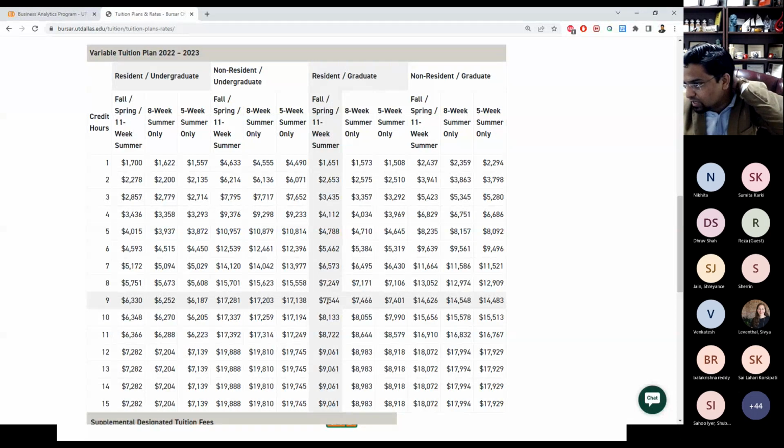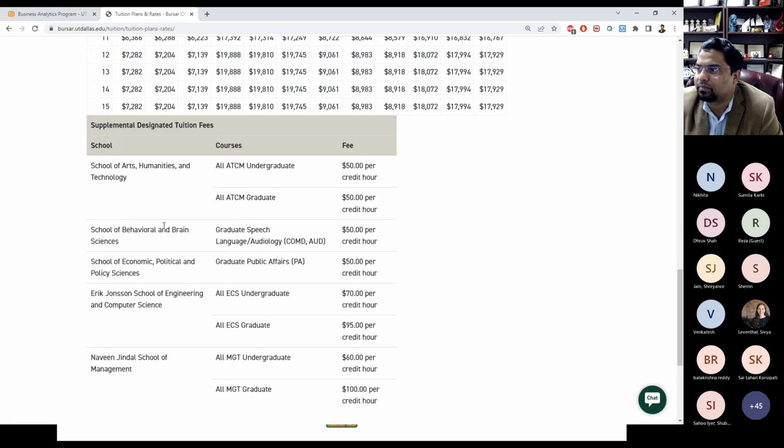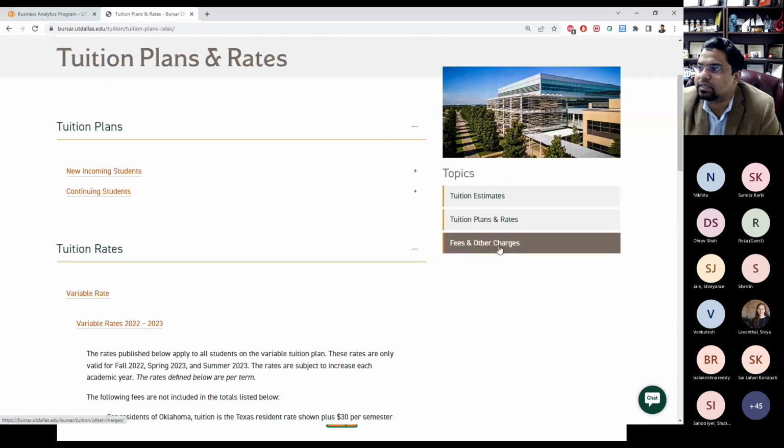There will be some miscellaneous fees of $150, $200 for international students. In case you end up taking online courses, that will be about another $80 per credit. So all those fees, again, you don't have to memorize all of that, is listed here. Supplemental fees, or there's a section here which says fees and other charges,